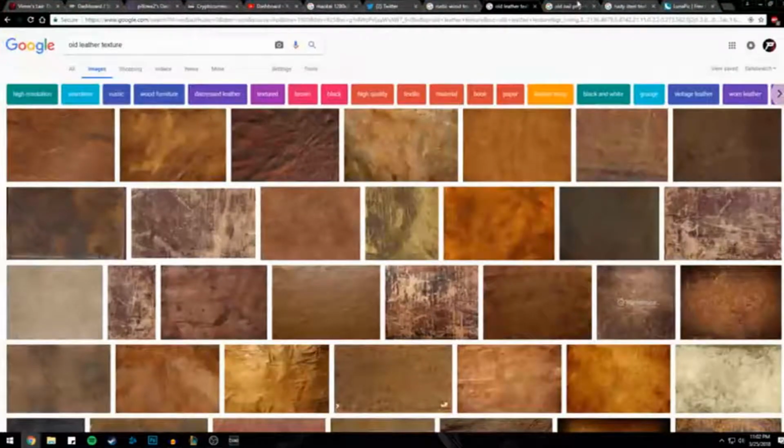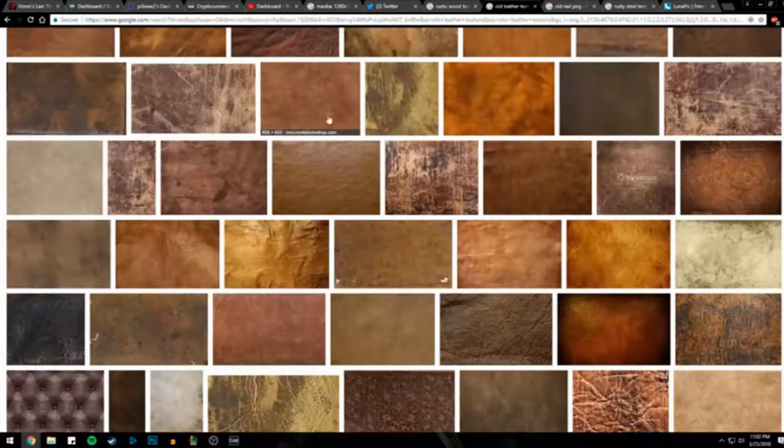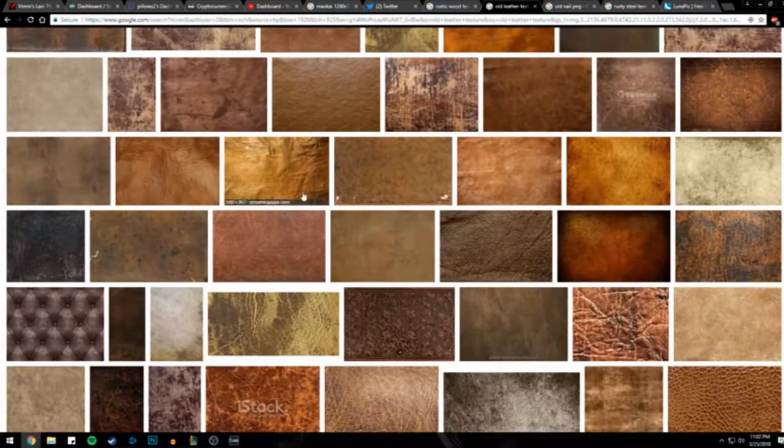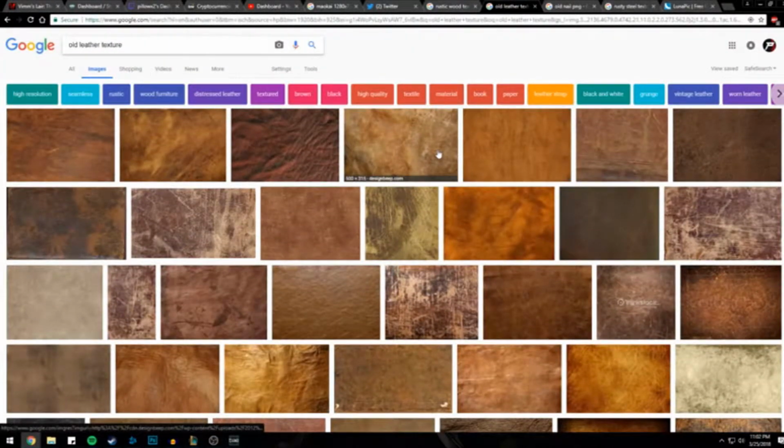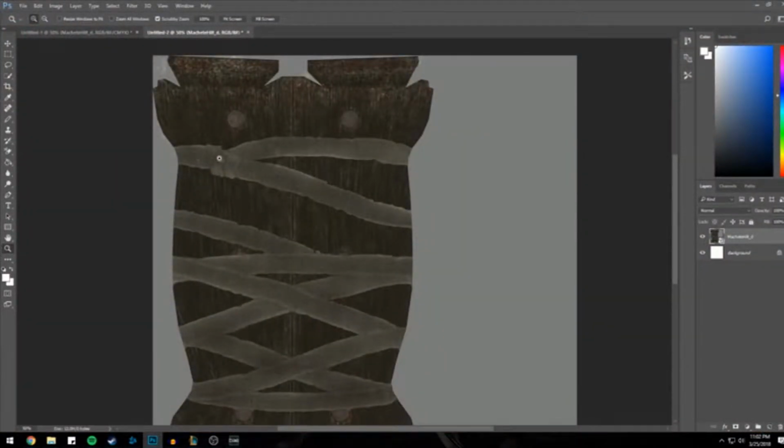Now I use some of the textures I find online. You can make your own textures if you want, but preferably I like to use these ones. You can basically type in old leather texture, and it'll find these old leather textures, and click on this. We're just going to use the leather for this part here,